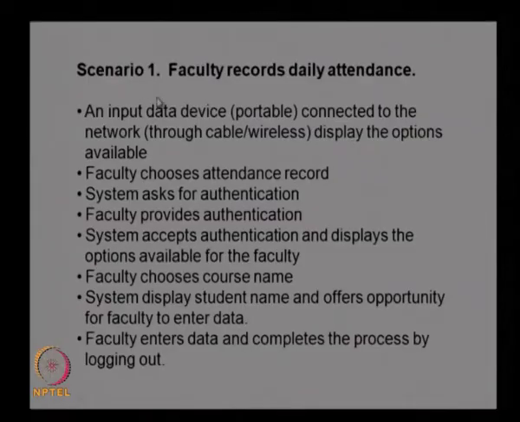Here, one scenario is shown as faculty records daily attendance. Here an input data device connected to the network displays the options available. So, that is the first scenario, where an input device is provided to the person and it shows the available options. From here we can identify many requirements.